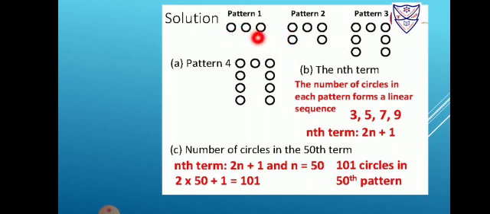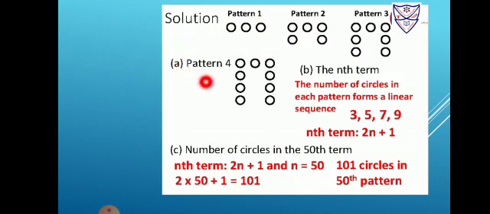First of all, these 3 circles of the earlier pattern are the same in pattern 2. These 1, 2 and 3. 2 more circles are added below that. So here 1 and 2 circles. So 3 is there and plus 2 is added in pattern 2. Now in pattern 3 how many circles are there? 1, 2, 3, 4, 5, 6 and 7 circles are there. But what is the rule? These 5 circles of the earlier pattern are still here and below that 2 more circles are added. So that is pattern 3.